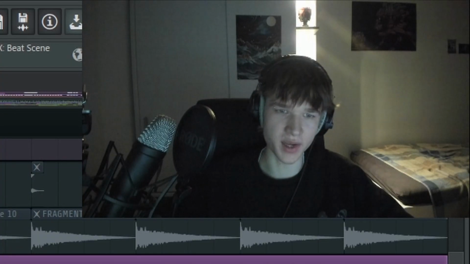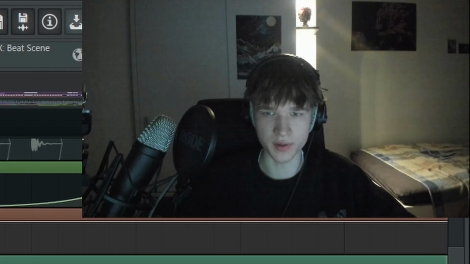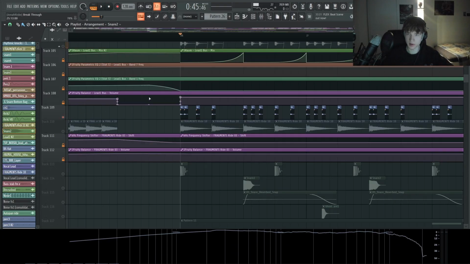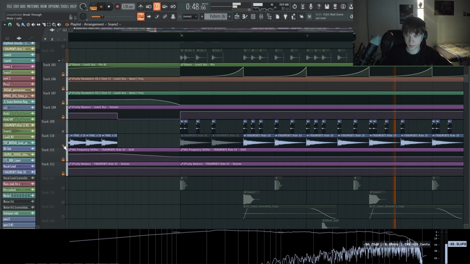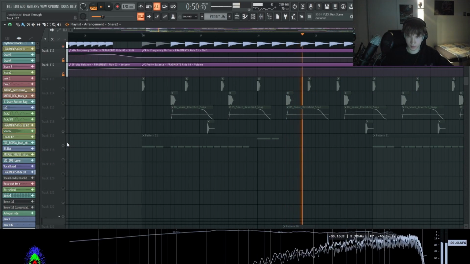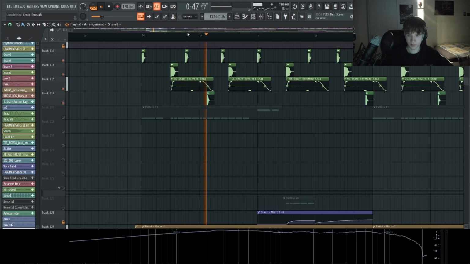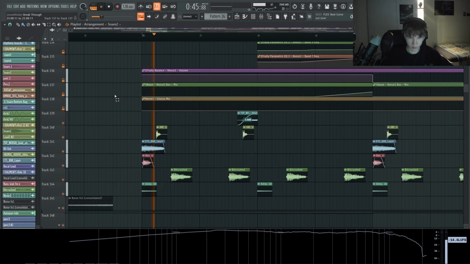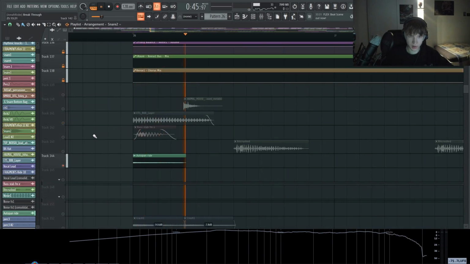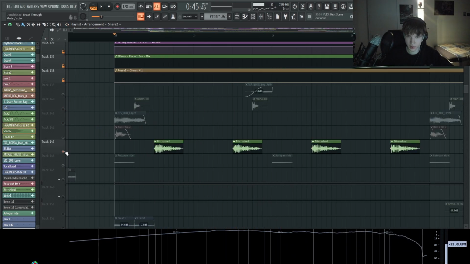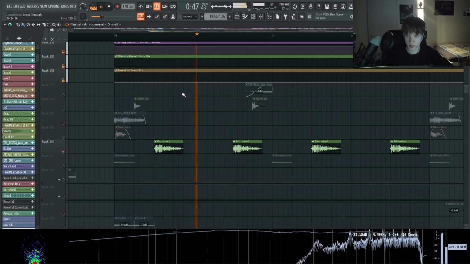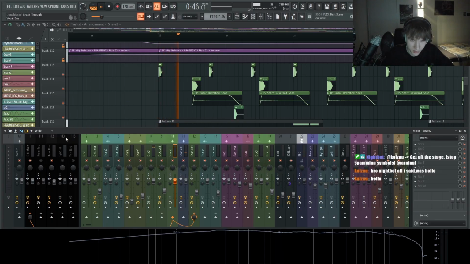To give it more space. Then I just have a lot of stuff layered. I have this head that follows the lead rhythm. This, right? This ghost snare here. This, right? I have this noise layer. I have this percussion sound. I have this bit crushed something. Let's look at the bass.